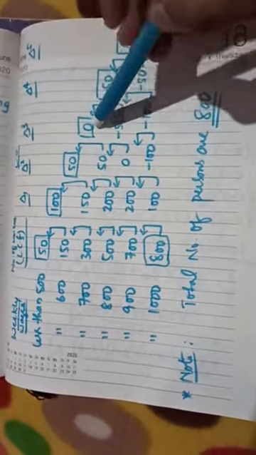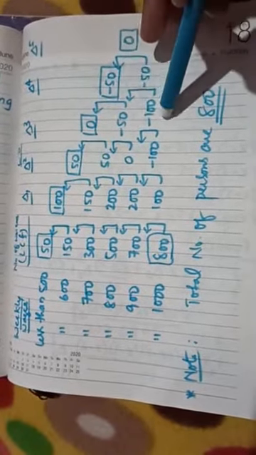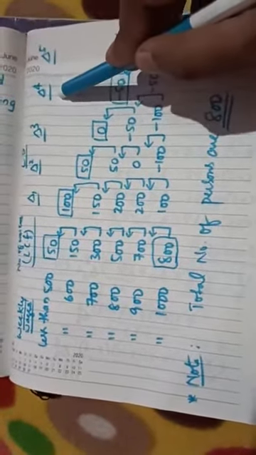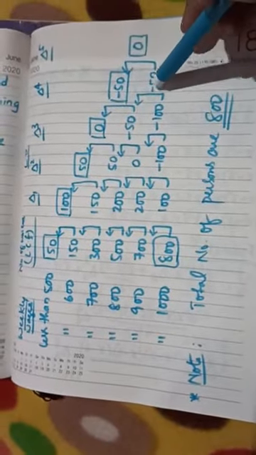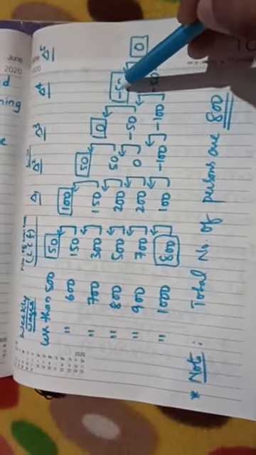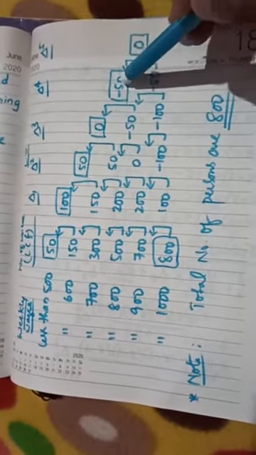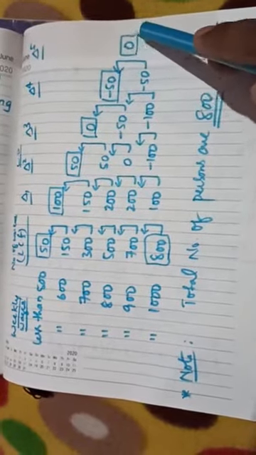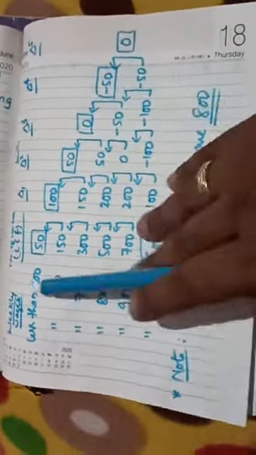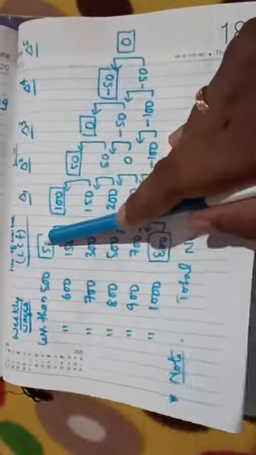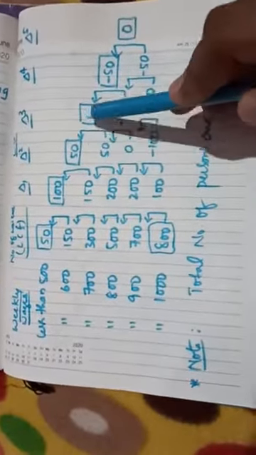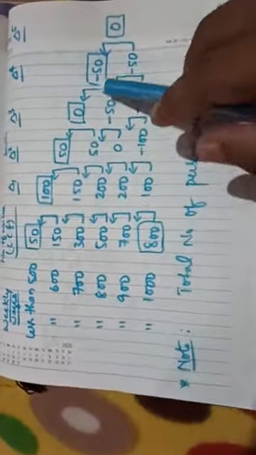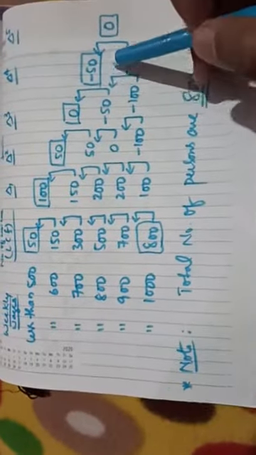Next, from 3 to 2: minus 50 minus 0, minus 50. Minus 100 minus of minus 50, plus 50. So minus 50 and 0 remain. That converts to 2, delta 4. Next, the fifth leading difference: minus 50 minus of minus 50 is plus 50, so minus 50 plus 50, 0. The first leading differences I have taken in a box. This is y naught, delta naught 1, delta naught 2, delta naught 3, delta naught 4, delta naught 5. Unless it reaches a single term, we should keep on calculating the leading differences.